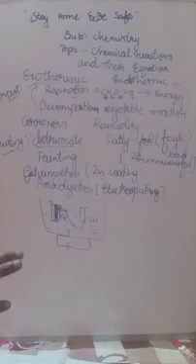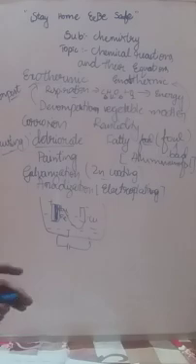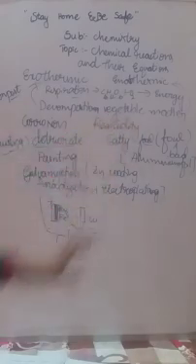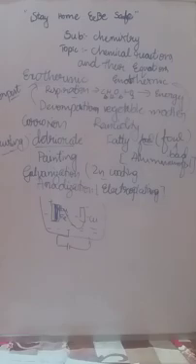Keep in mind, a very important question: what are corrosion and rancidity, and how can we prevent them? Rancidity means the process by which fatty food items produce a foul smell. A good example is the foul smell of butter, ghee, or fatty or oily items. How can we prevent it? Rancidity can be prevented by proper packing. These are the methods of prevention of corrosion and rancidity.